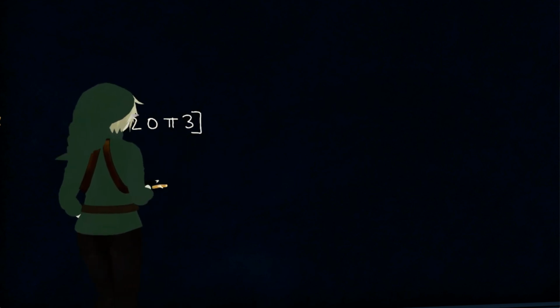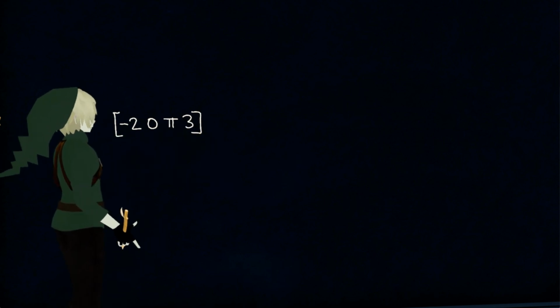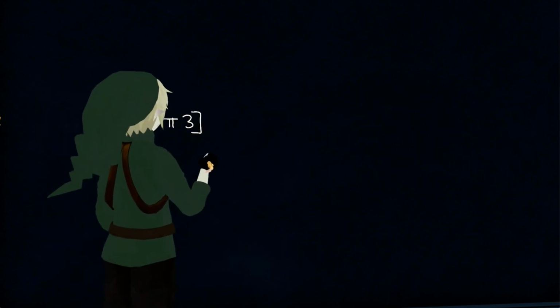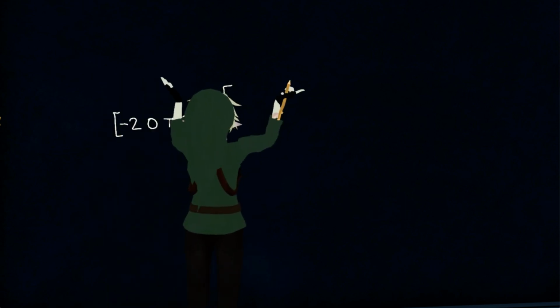Let's say -2, 0, pi, 3. So this is also a matrix. It could literally just be a row. Or we can have a matrix like this, where we have just a column